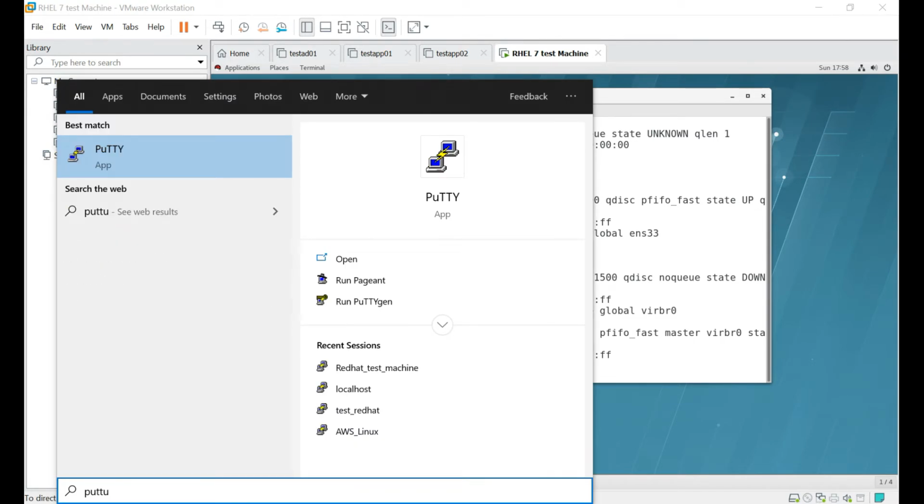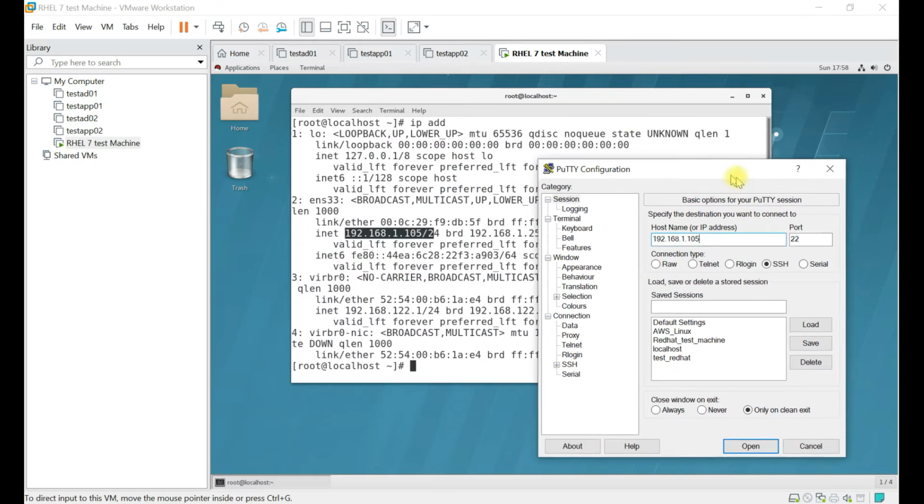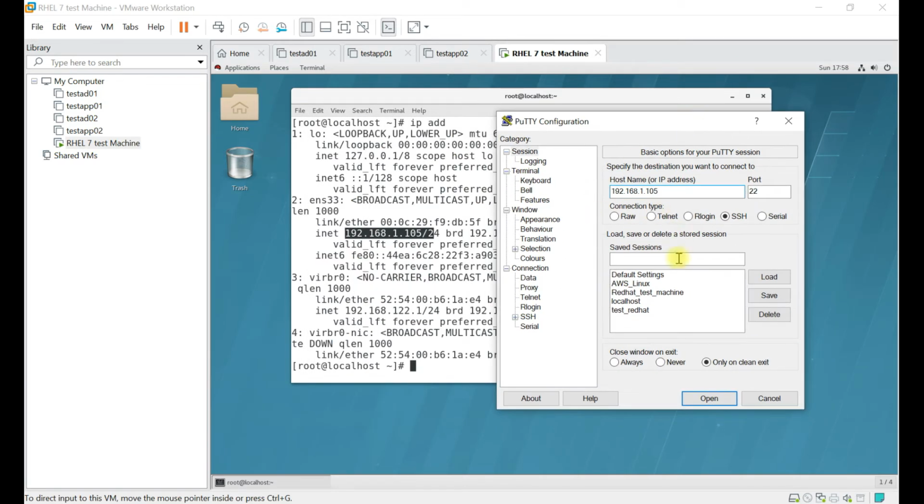You need putty, you need to download it from internet, and it's a very simple step to install it. 192.168.1.105, let's match it. Okay, this is correct. Let's go inside, click on open.